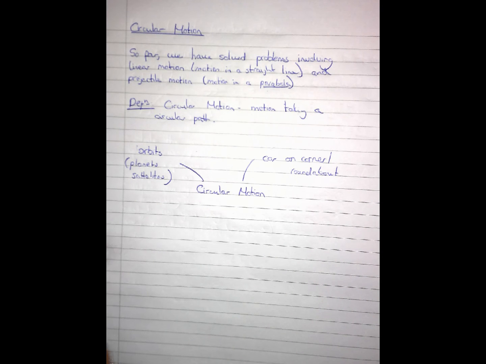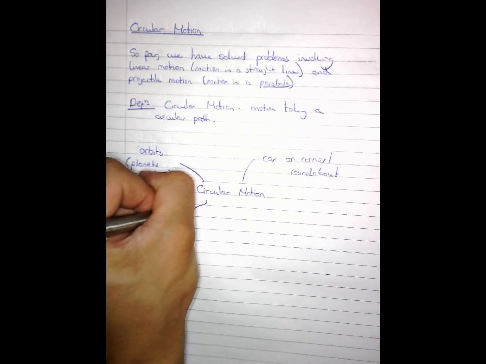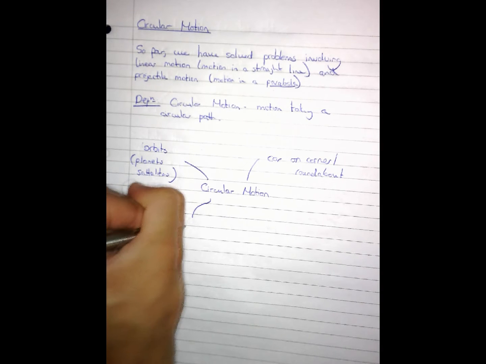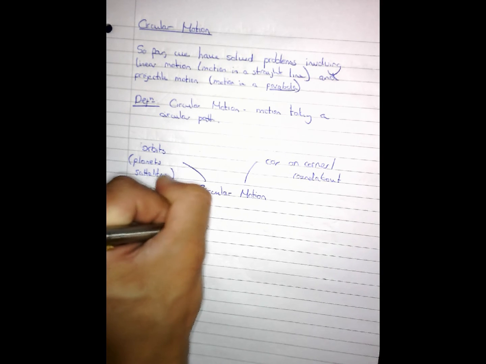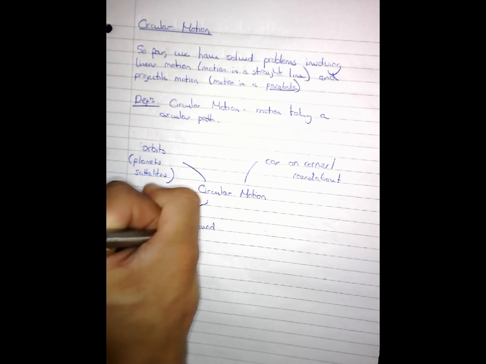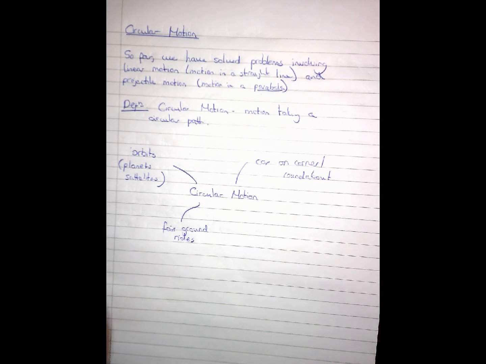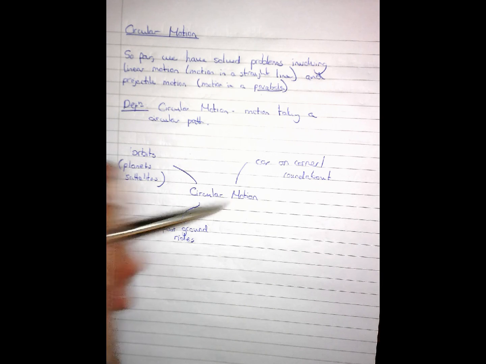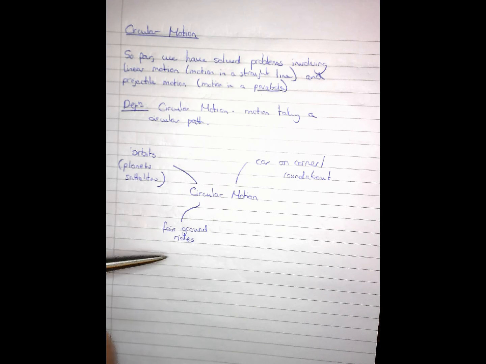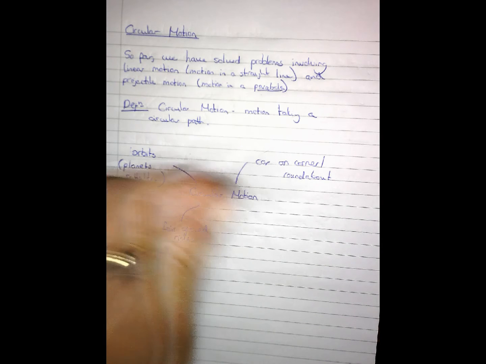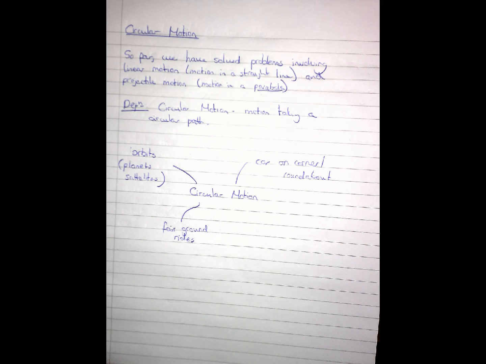In addition to that, you've got things like fairground rides, so that includes roller coasters, loop-the-loops, carousels, all that sort of thing are undergoing circular motion. So those are three key examples there. You can think of more, you will come across more, but as we go into this topic in more detail, it will be these things that we look at and give you a way of approaching any sort of thing